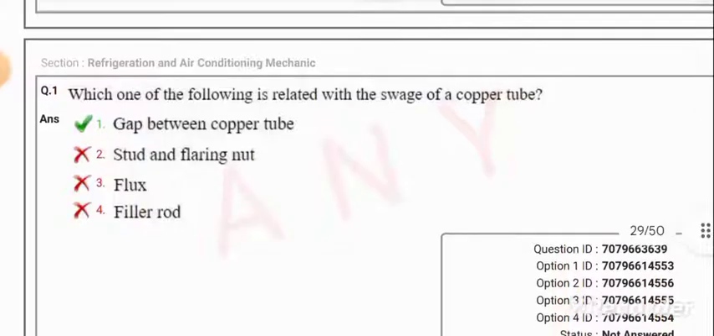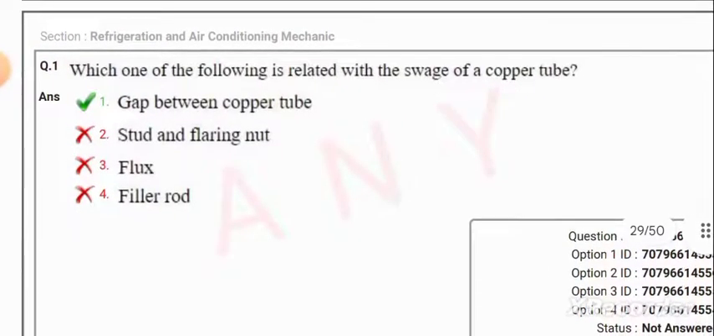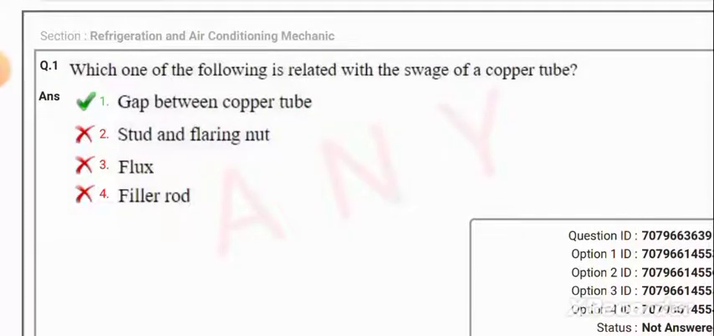यहाँ से RSC का सेक्शन स्टार्ट है। पहला क्वेश्चन है, विच वन ऑफ द फॉलोइंग इज रिलेटेड विद द साइज ऑफ ए कॉपर ट्यूब। तो किससे रिलेटेड होता है? गैप बिटवीन कॉपर ट्यूब।